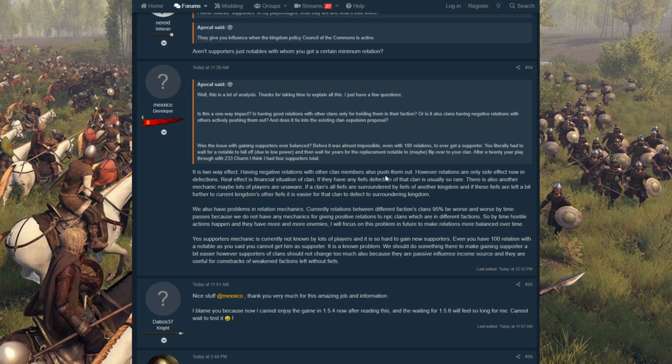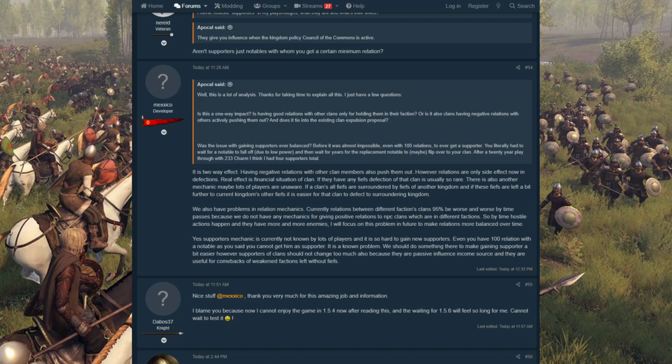Okay, so he's pretty much saying that overall NPC clans start to hate each other a lot, but they never stop hating each other. There's nothing to bring the relationship to a positive, but there's a lot of stuff that brings it down to a negative. And he said he's going to work on it. Good. And then he goes, yes,